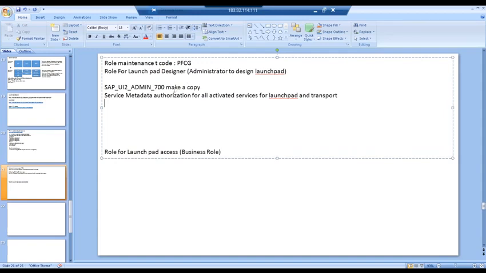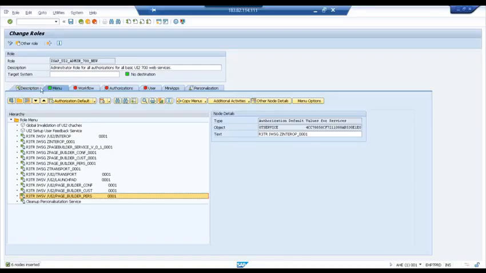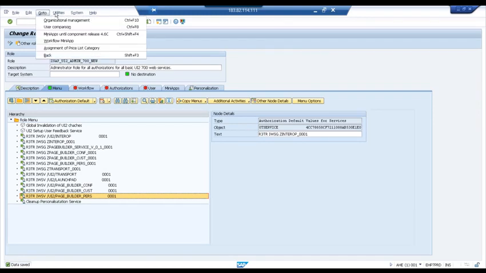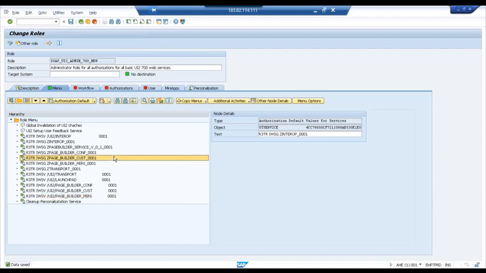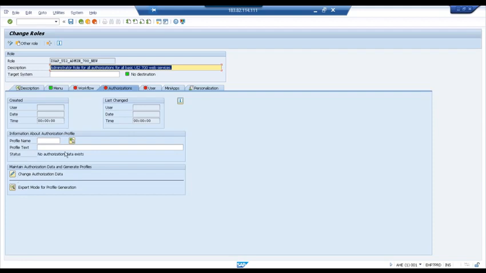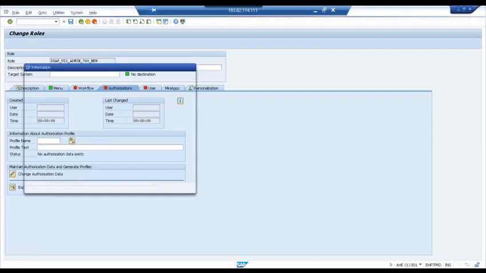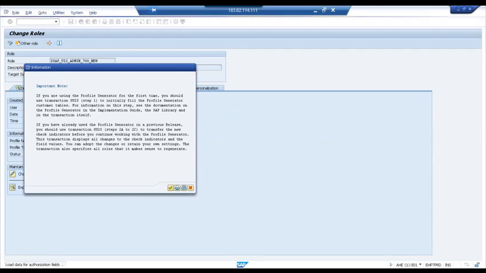Now point 3, we also need to give an authorization template authorization. So let me just come back. How do you do that? Click on save, and now go to utility, there's an option. I think that option will be in the profile generation. So now in the role menu we should give this much. We go to the authorizations tab now, and we have to generate a new profile. So go in this, change, say okay,